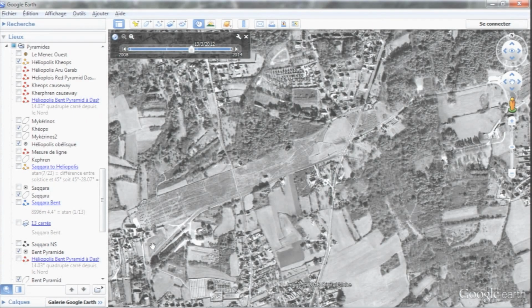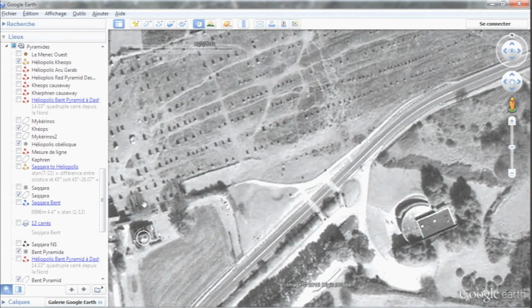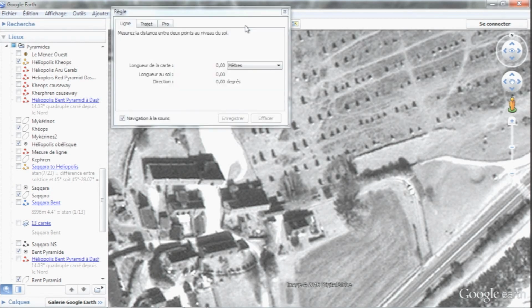So if I zoom in, I've taken satellite images dating from 2012 because it's winter and there are no leaves on the trees, and so you can see the stones better. The other photographs taken in summer, part of the stones are hidden. So if I zoom in here, you see these trees. This is the beginning of the Carnac alignments here. And we can see the first row of stones behind these trees here. Okay? Now, if I take my ruler,